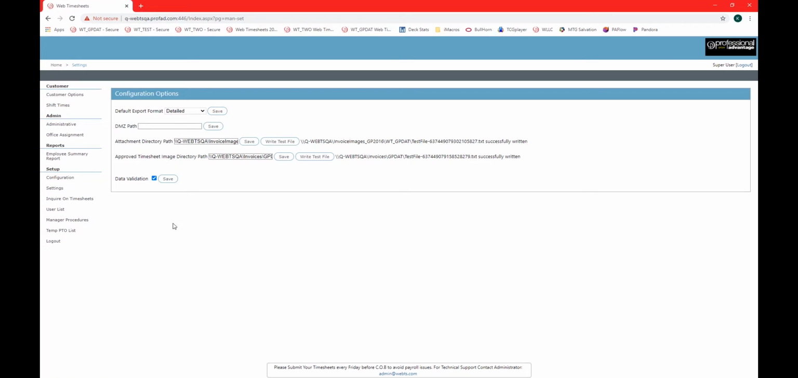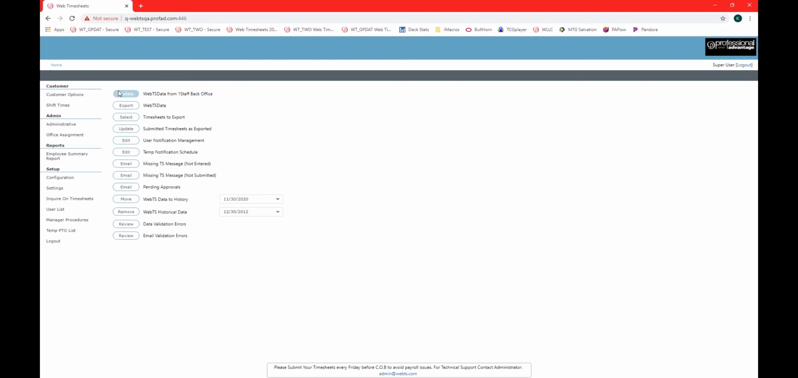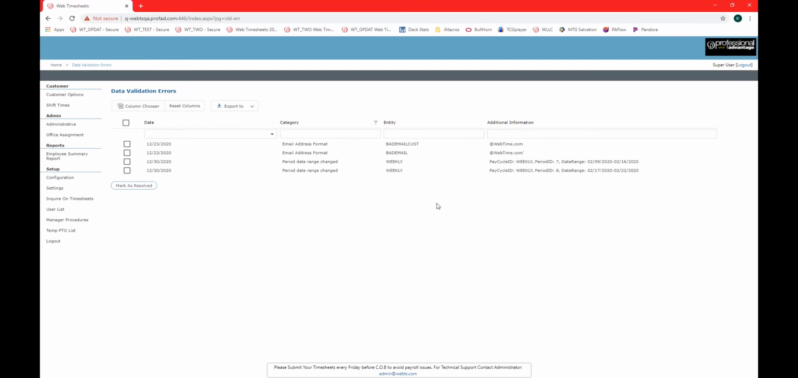Good. In addition, there is this data validation checkbox. When this is enabled, whenever the setup driver is run, it will check the data for any changes that may have occurred from OneStaff back office. For example, the pay cycle ID, in order to get these records to show up in this report,